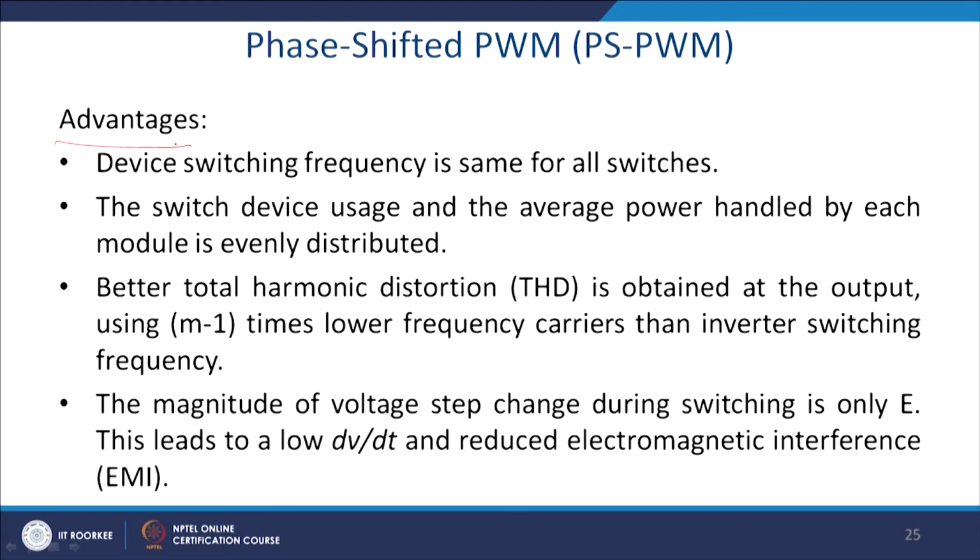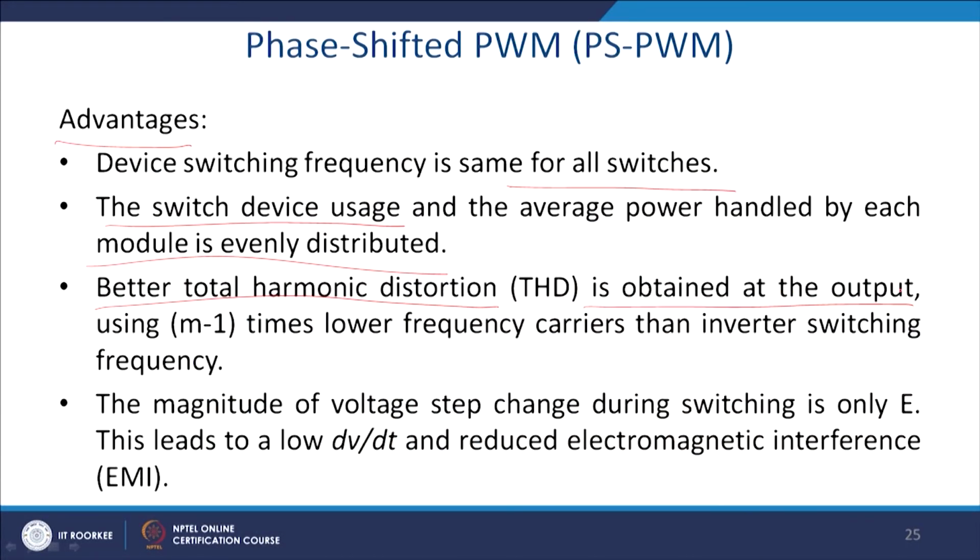The device switching frequency is the same for all switches. So, you can take the same kind of device. Otherwise, if some switches have a higher switching frequency and some switches have a lower switching frequency, as we have seen in the case of the different levels of the cascade voltage 3V and V, one is switching very frequently, the lower voltage, and another is switching quite less. So, for this reason, that is a very good combination, you know, IGBT and GTO combination makes it happen. So, that is one of the better optimizations. So, we can play around.